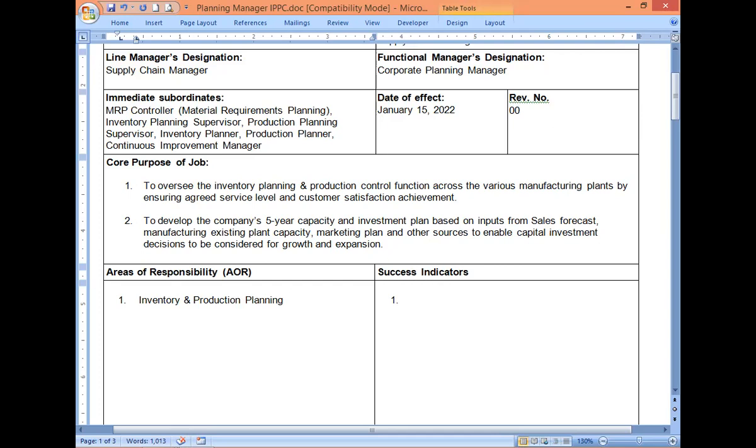But the plan manager already organized the positions of the planner, separating the inventory and production planning. Okay, so management of the inventory and production planning to ensure